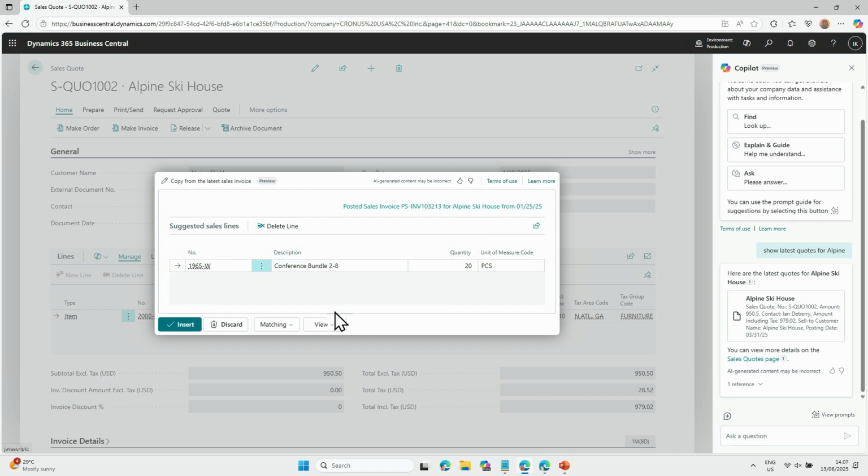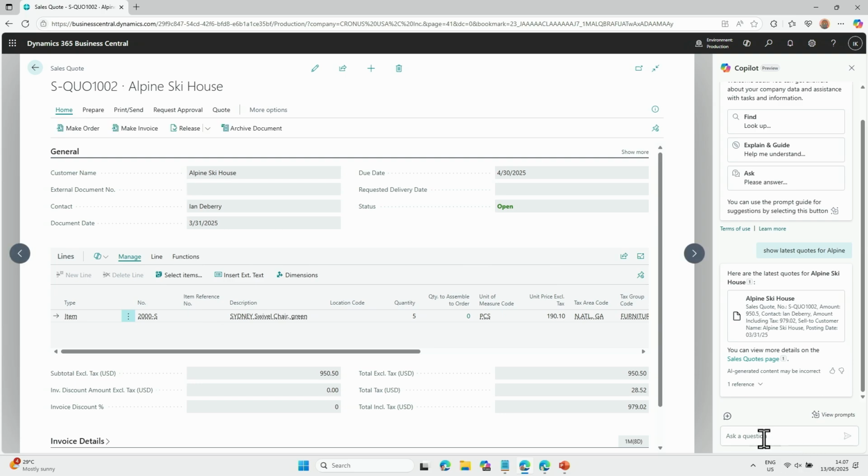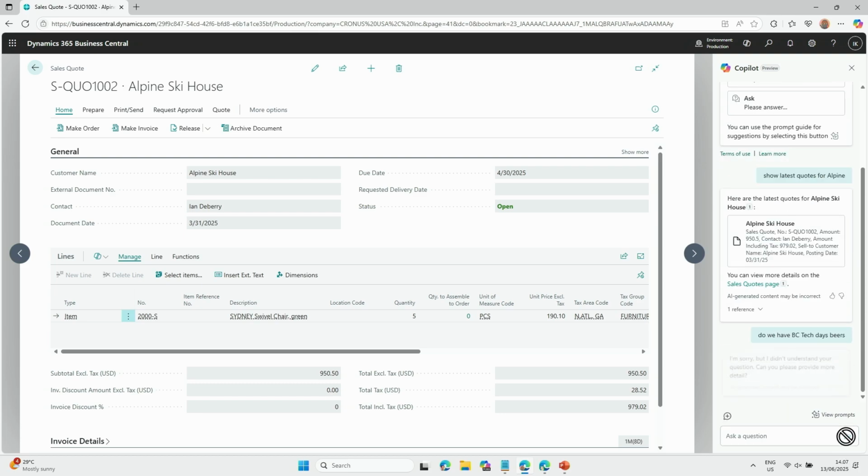So let's say, for an experiment, you would like to ask chat, do you know anything about all the beers on BC Tech Days recently? So you're asking a question, and imagine you have a skill which can help with that. But obviously, there is no way right now for chat to know that, because what is a BC Tech Days? What is a beer? It's something else. So imagine you would like to be able, as an ISV, to extend those features to bring your own skills, for example, to answer a question like that.